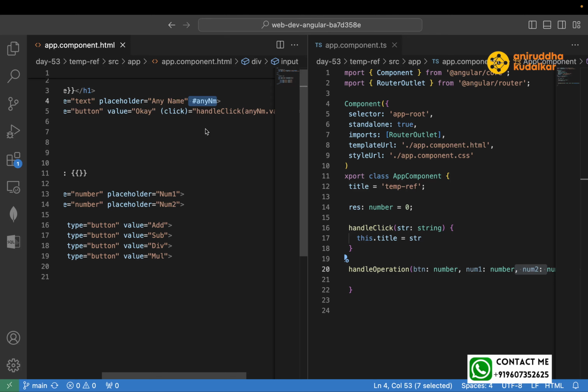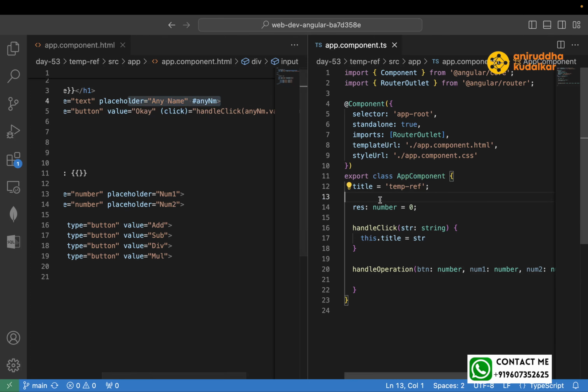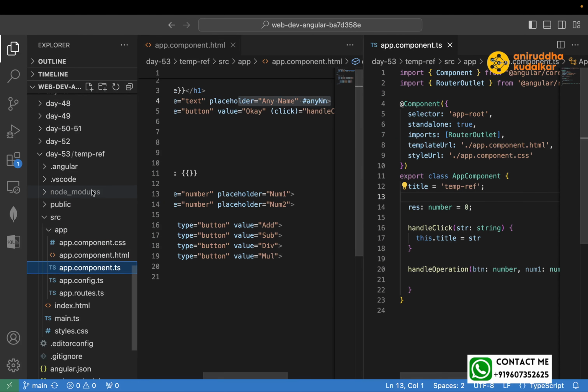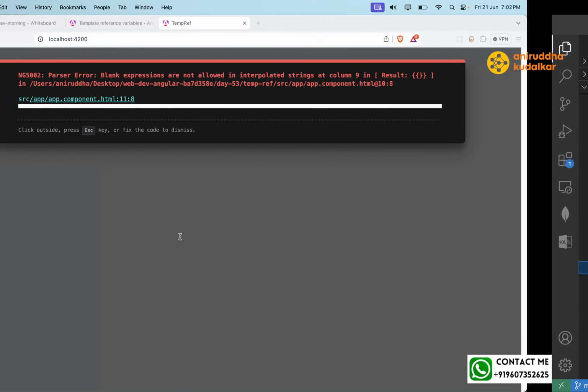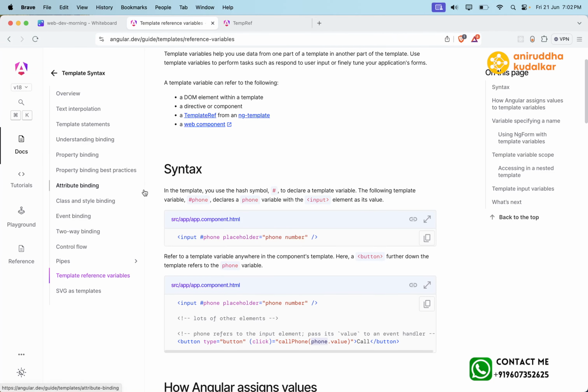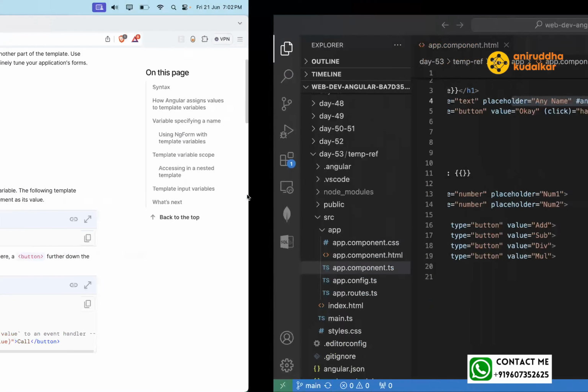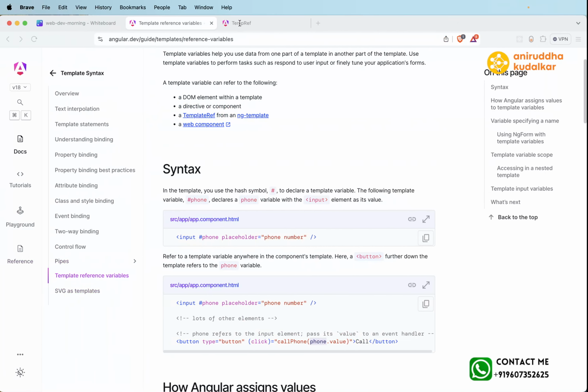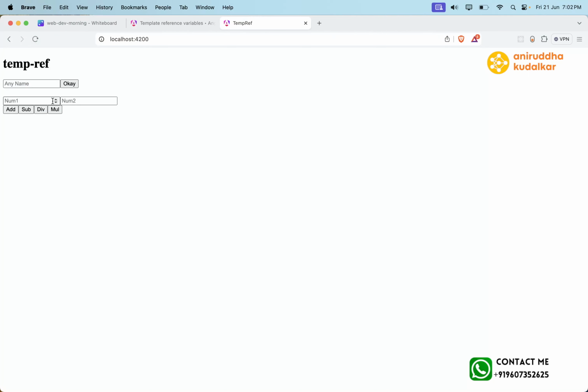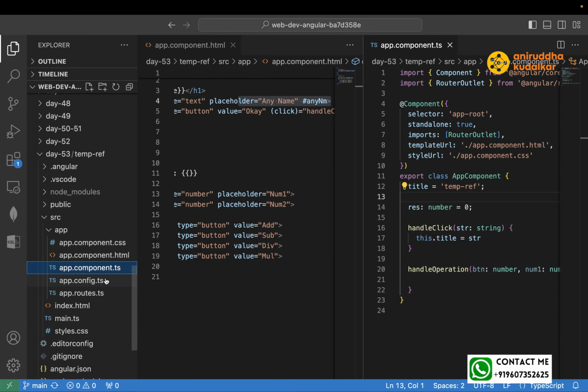So how to do this thing? We will see. What is the best approach to access this name in the app component? You need this guy in an app component. How to do that? We will see. But before that, we need to understand something called directives. What we need to understand? Why is the error, but by the way? Okay. So if you go here,